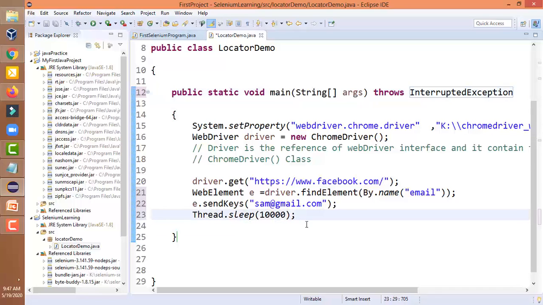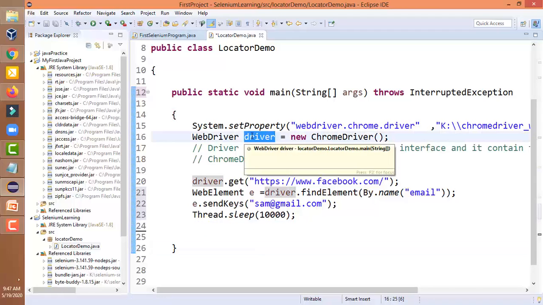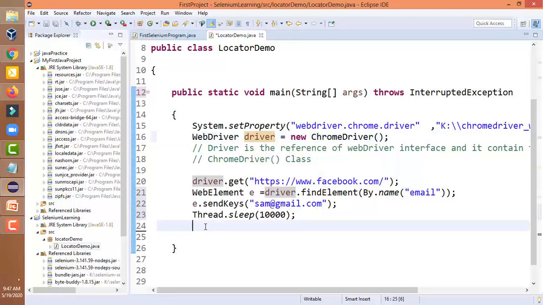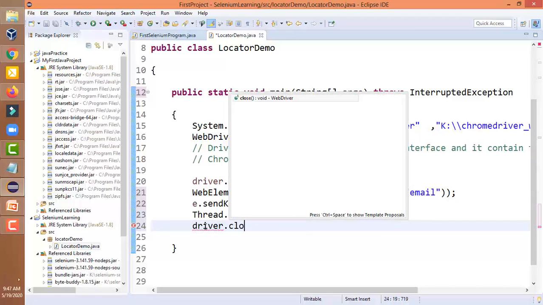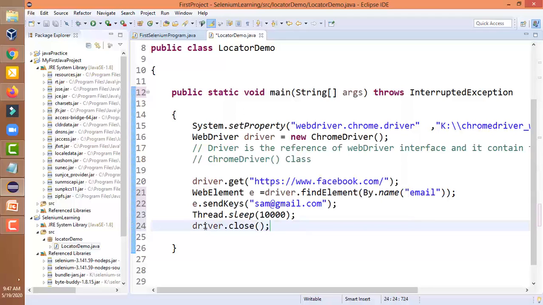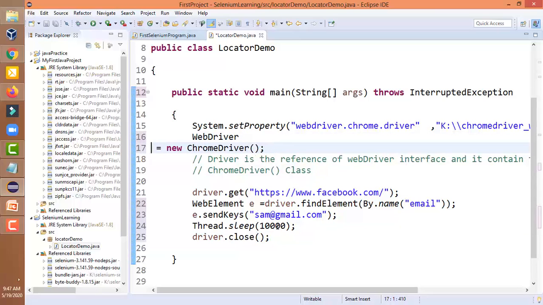Now after waiting 10 seconds, we have to close the browser. So again, with the help of the close method, we can close our browser. And where is the close method? In this driver object. So we have to close the browser. So it is a browser related method. Maximum browser related activities or methods are defined inside this. So how can you check how many methods are there? Just click